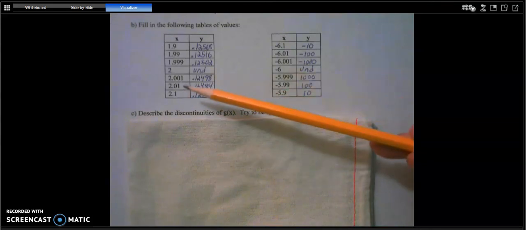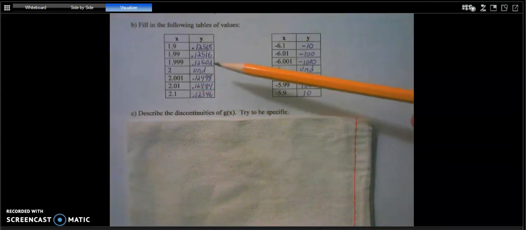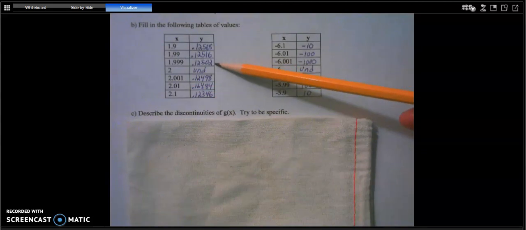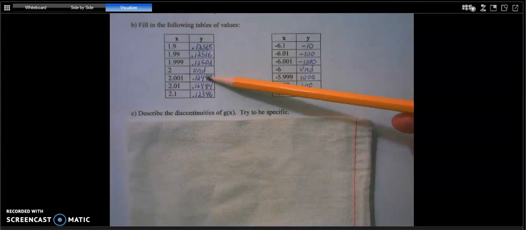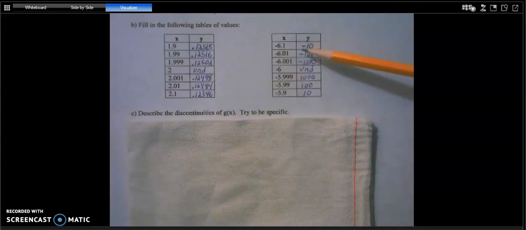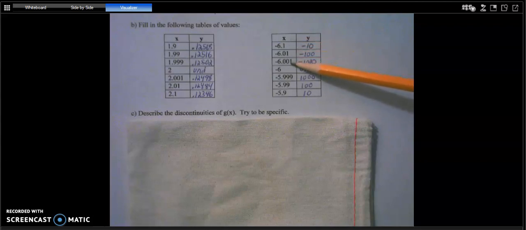So as x approaches positive 2, it looks like from the left-hand side, it's getting closer to 0.125. And then from the right-hand side, also getting closer to 0.125. And then when x approaches negative 6, notice what's happening here. As you get closer to negative 6 from the left side, your y is getting lower and lower and lower. So what's happening there on the graph